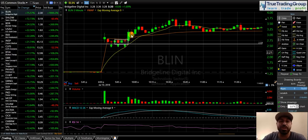as you break through VWAP on an increase in volume, you add to your position to tier 2. That's one way you can play it. The other way you can play it is just wait for the high volume breakthrough VWAP and then get long your full position right there, setting your stop loss slightly below VWAP. Okay, those are two different ways you can play this. I played this the latter. Okay, I waited until the high volume breakthrough VWAP and I got long at